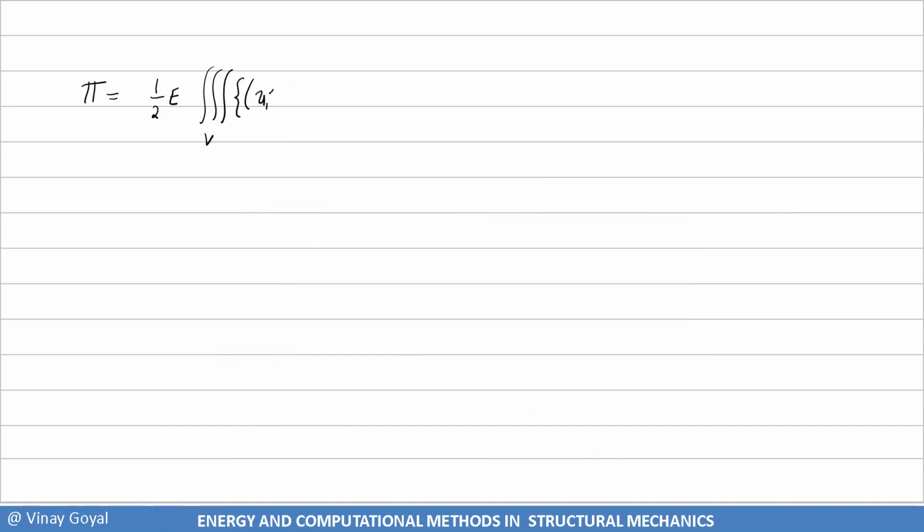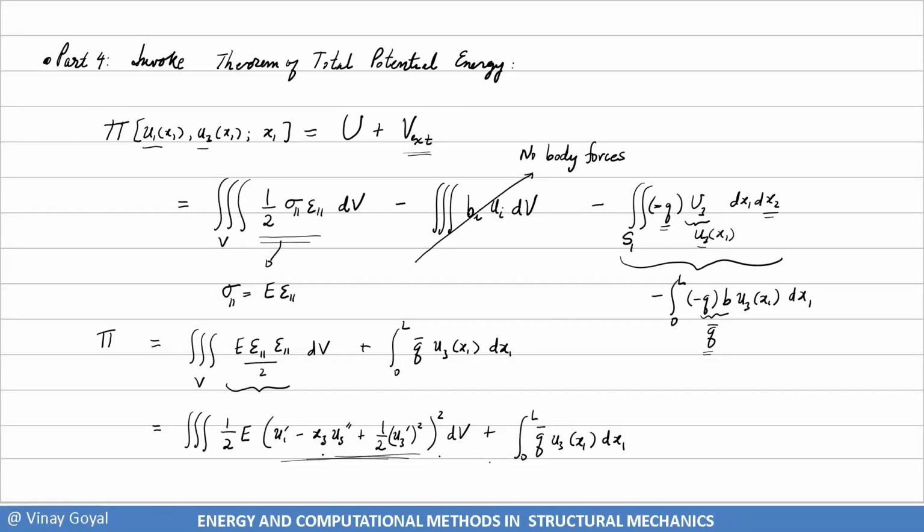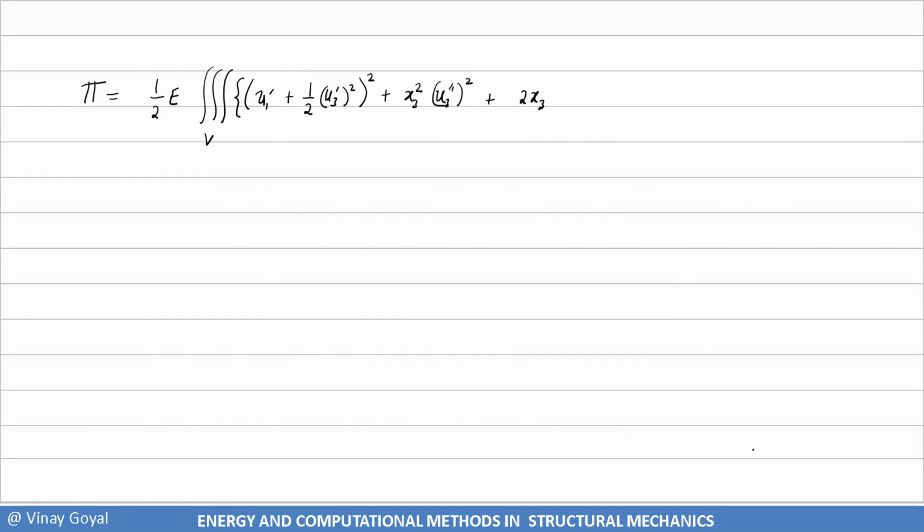I get U1 prime plus 1/2 U3 prime squared, plus x3 squared U3 double prime squared. And then I get a cross term, which is plus 2 x3. Basically, I'm just expanding this here. So it's going to be minus